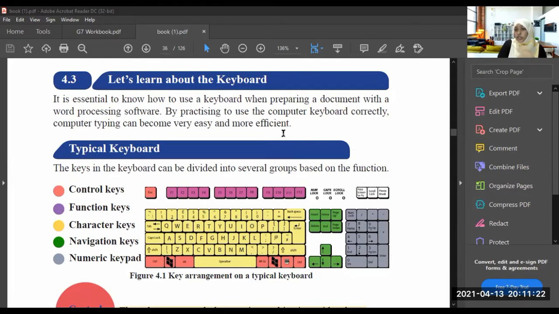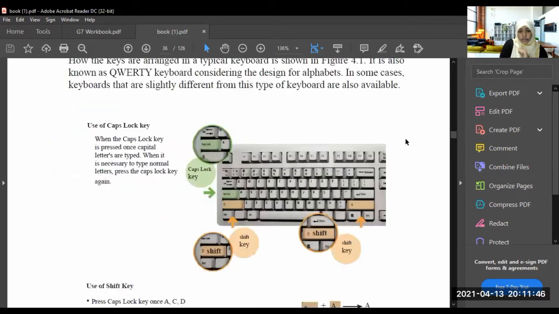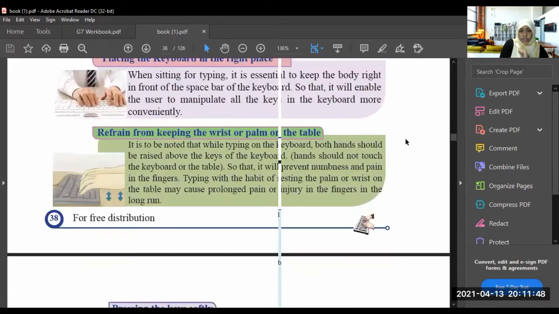If you practice how to use the keyboard efficiently and correctly, you can type very fast and efficiently. We will learn it from this lesson.